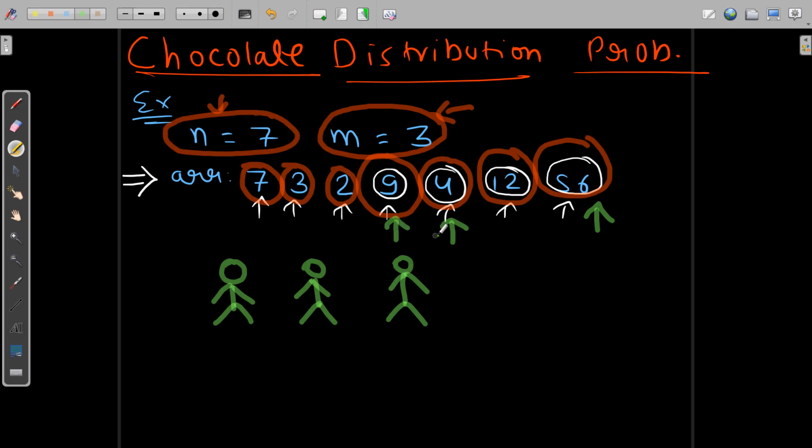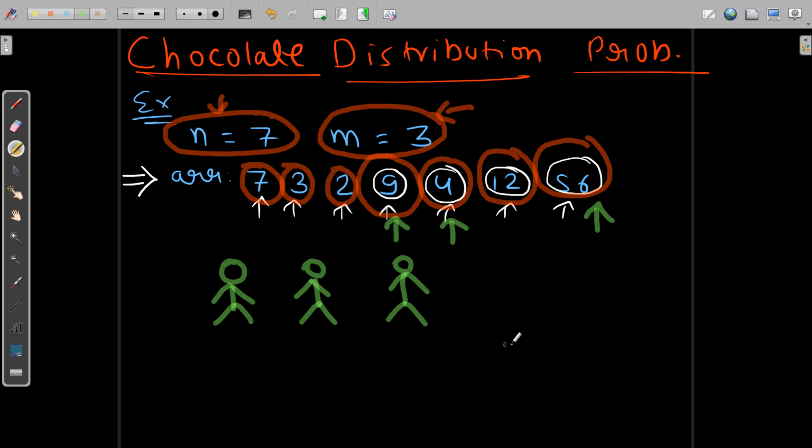According to the problem we need to give only one chocolate box to one child. So if m is equal to 3, then we can only select 3 chocolate boxes from this array, and we cannot select a single chocolate box twice, of course, because there is just one chocolate box. If there is an ith chocolate box, then it has just one instance of that.